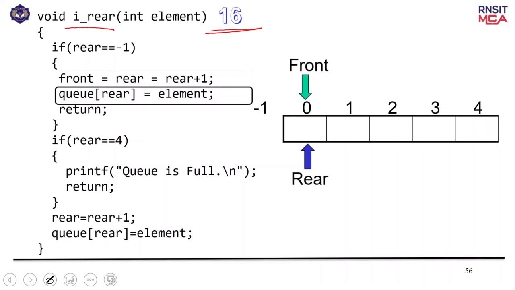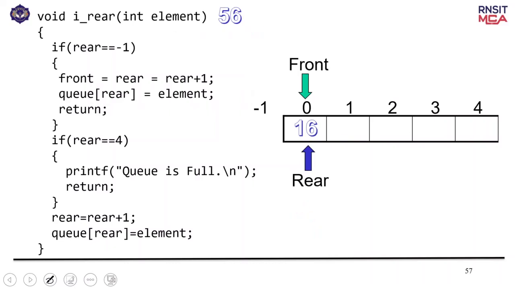After that, Q of rear is this position. You insert the element. Element 16 is inserted. And finally you return from the function. Now the state of your queue is having only one element, and of course I want to insert another element by calling the insert rear